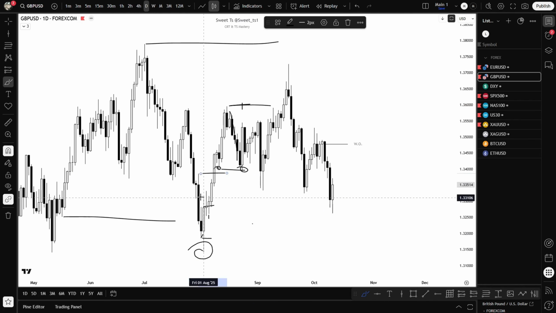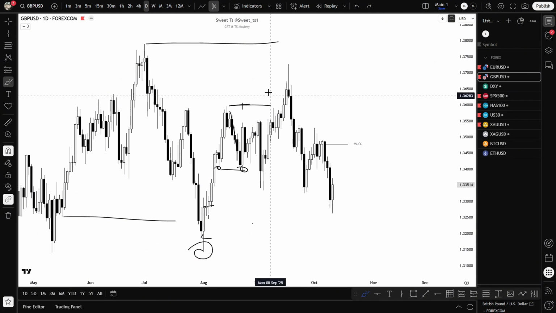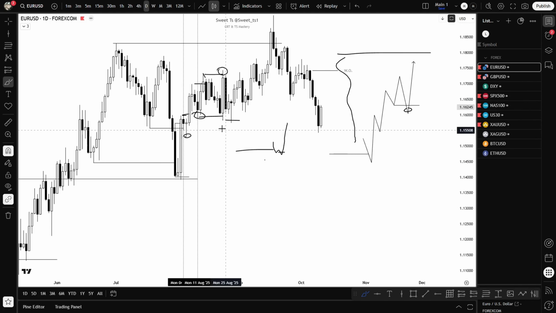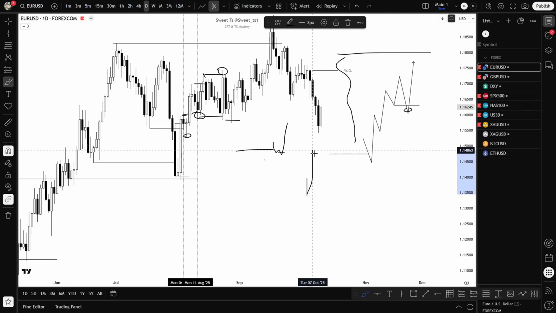So first key level is the high that broke the low, right? The FVG that we didn't use on the discounts, and also we have the opening price of the new month, in anticipation of all these aspects. Anyways, if you go to EU, we see that EU took the low, which is the liquidity pool that broke the high, and we have the W shape that we're looking for,